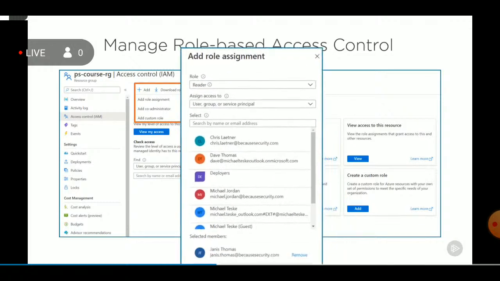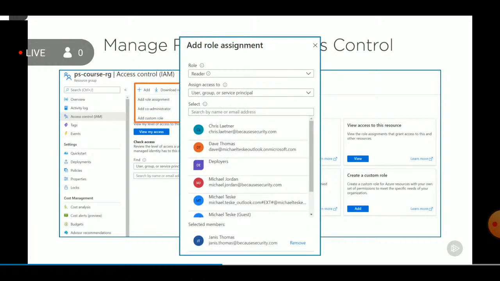Once we select add, we're presented with a side blade where we can assign the role to either a user, group, or a service principal. We can search or select the user from the list, and here I've chosen to grant Janice Thomas the reader access role to this resource group, meaning she will be able to see all of the resources contained in this resource group,